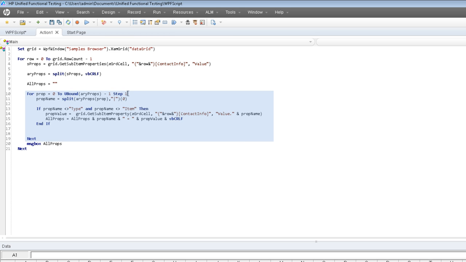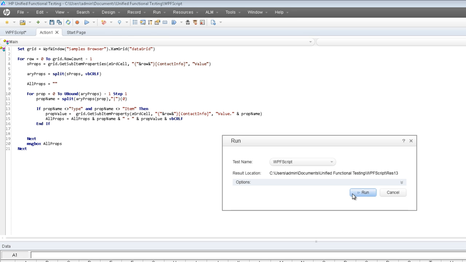Now I'm looping through those properties here and splitting the individual properties by their pipe sign and just grabbing the property name, which is the first element. Since type and item were special properties, we're going to exclude them. We're doing what we did before of .row, but now we're doing .value and we're passing in the property name. And we're just building a string of all properties of property name equals property value. And overarchingly, we're looping through the rows. So if we hit run,